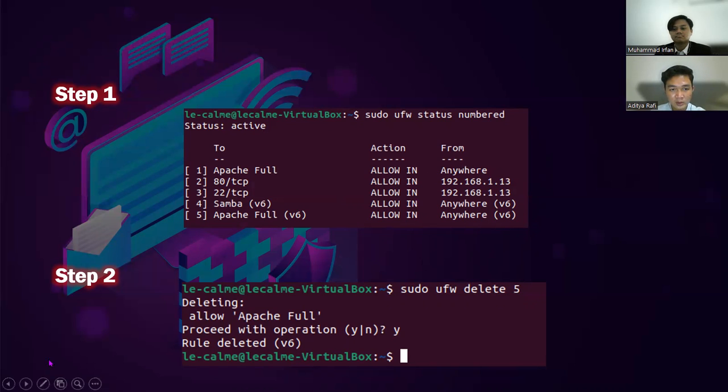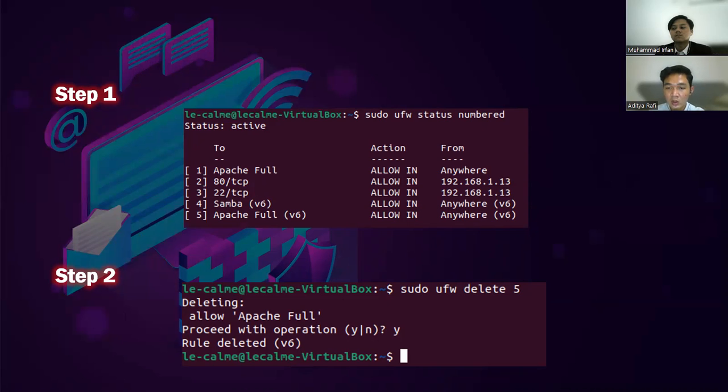Then we start deleting the command which we don't want. Here I will try to remove command number 5 on my view. Enter the syntax sudo ufw delete, followed by the line number you want to delete. Next, we will be asked whether we are sure to delete it. If yes, then we type y.